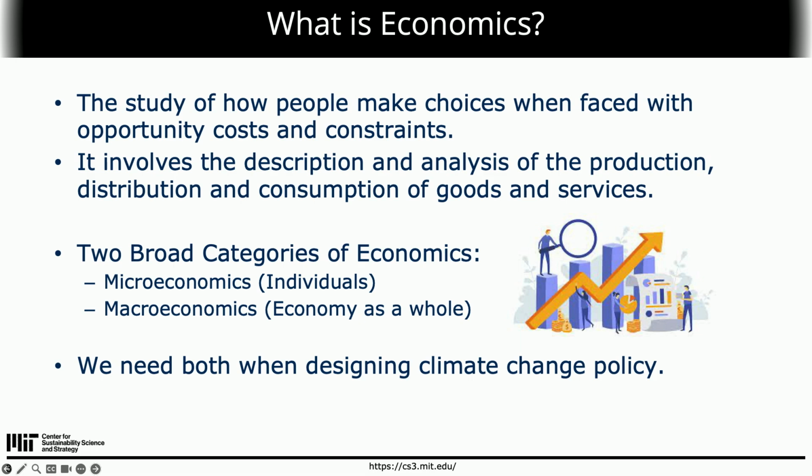So first of all, economics is the study of how people make choices when faced with opportunity costs and constraints. So first of all, what is an opportunity cost? That is the potential thing you could have done with your money rather than the alternative that you made. For example, if I was going to a store and buying a chocolate bar, I could have spent that money on something else. So the opportunity cost of me purchasing a chocolate bar is the next best alternative that I could have paid for. I don't know, it could have been a lollipop, for example. So you've got to incorporate that when you're thinking about economic decisions.